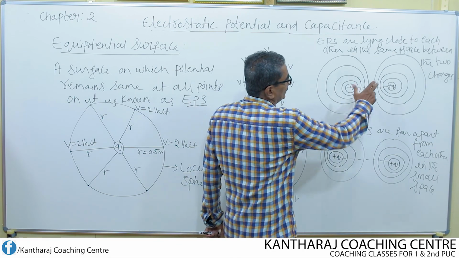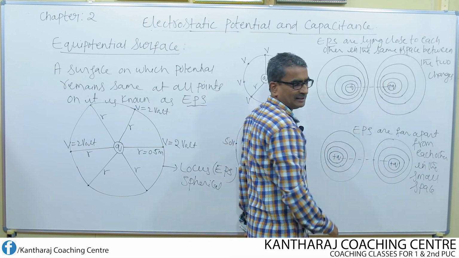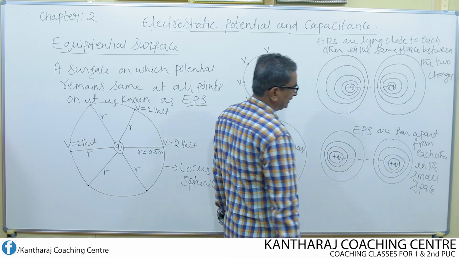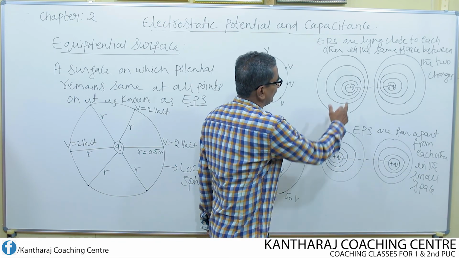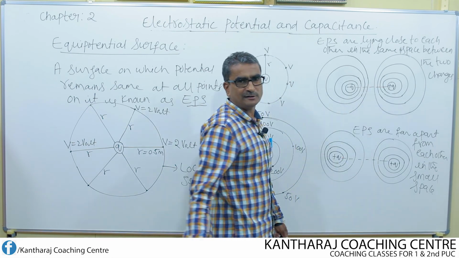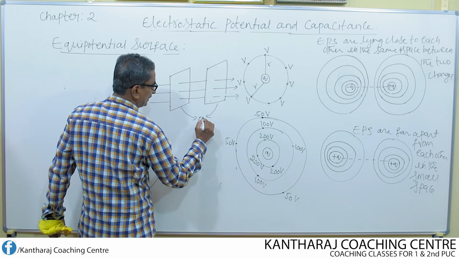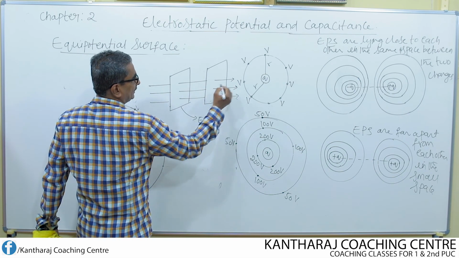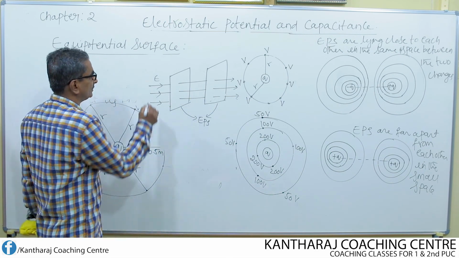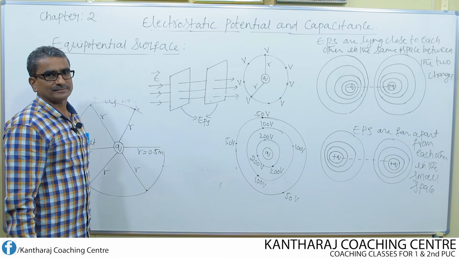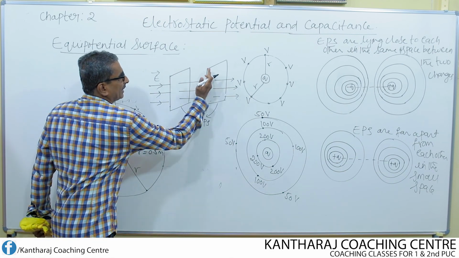Similarly, they may ask you to draw the equipotential surfaces due to unlike charges. Better you write like this. And for like charges, write like this. But you must know that in the large space, the equipotential surfaces are far apart from each other, whereas in the small space, the equipotential surfaces are lying close to each other. So this is one equipotential surface, this is another equipotential surface, whereas this is nothing but the uniform electric field. Remember, for uniform electric field, the equipotential surfaces are planes which are parallel to each other.